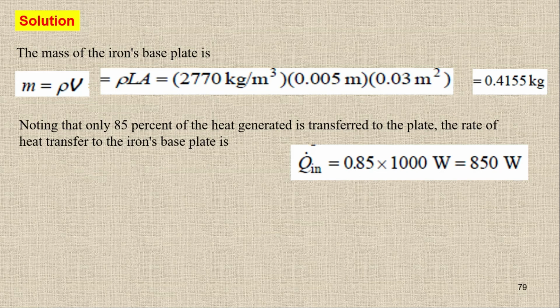So we have the Q in value. Now this is in terms of Q dot, because it's watt, joule per second, so it's power rather than amount of heat. So this is the rate of heat transfer, it's not the amount of heat. And Q dot is basically equal to simply Q divided by time. Q dot is simply Q upon time.